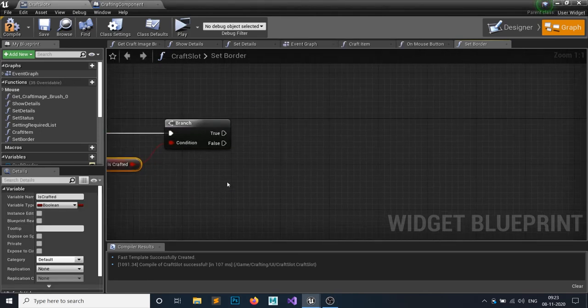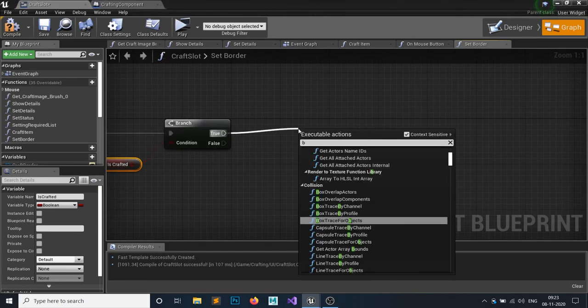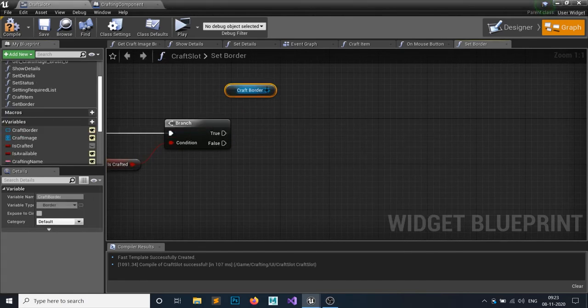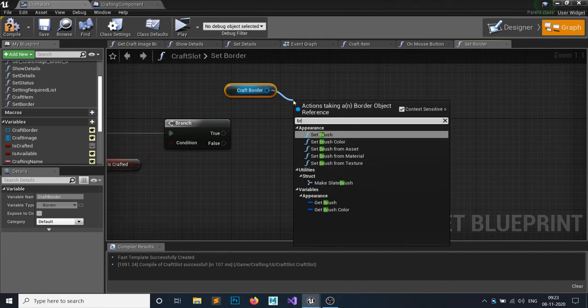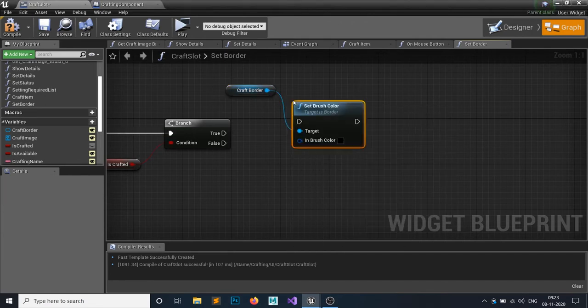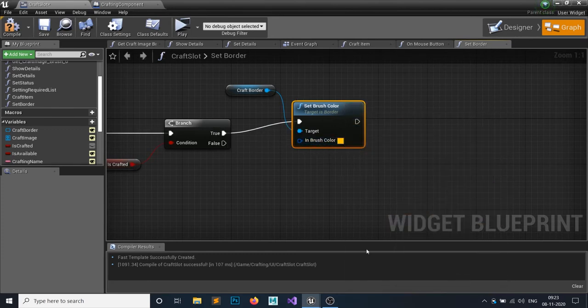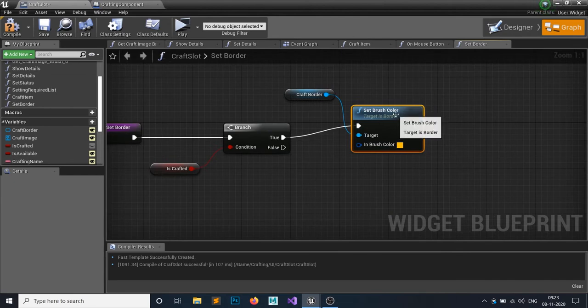Then I want to set the border. Grab the border first and set the brush color to golden. Otherwise red.